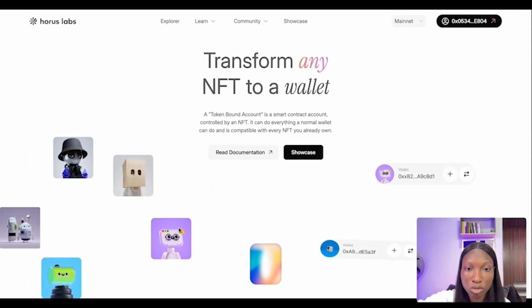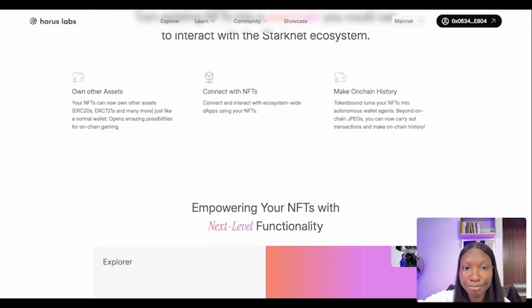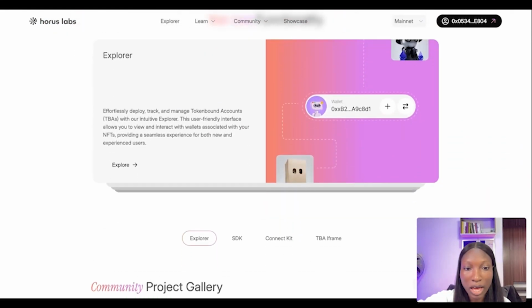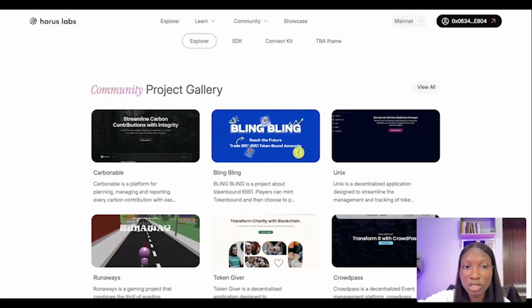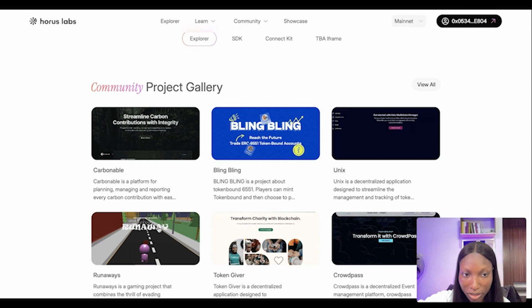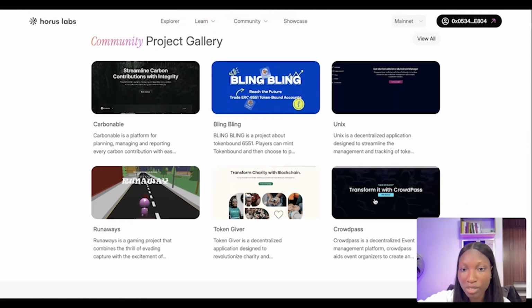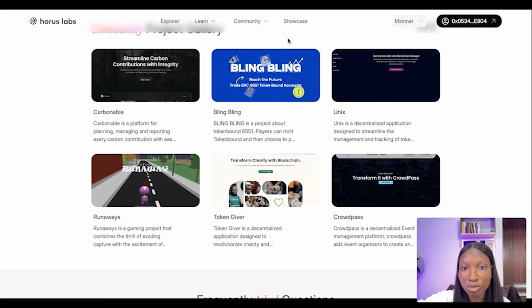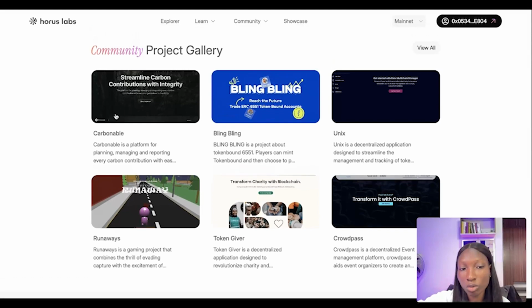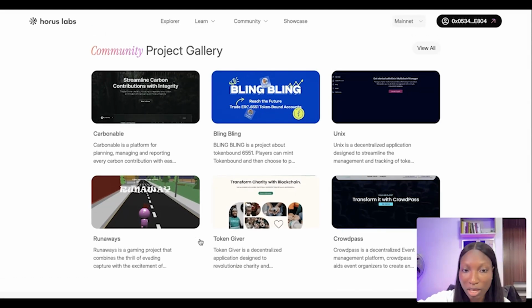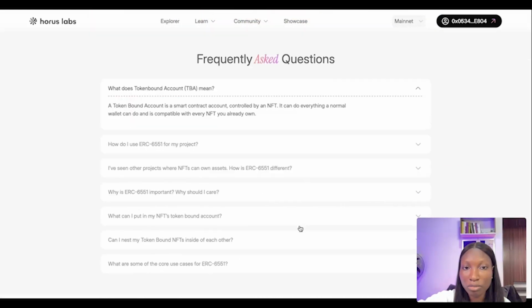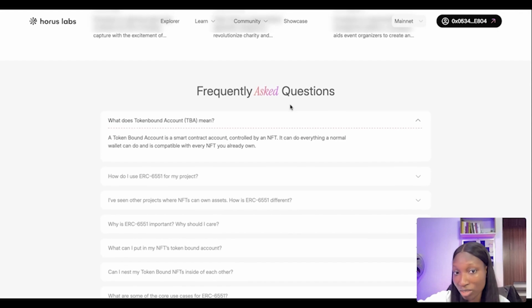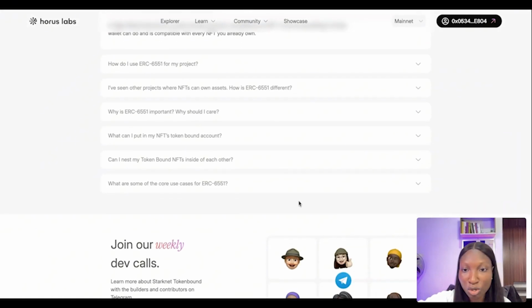So let's go back to the community project gallery. You can go through them. They are basically projects that have been built with Tokenbound integrated inside of them. You can go through them and then frequently asked questions that you may have, and then going through some core